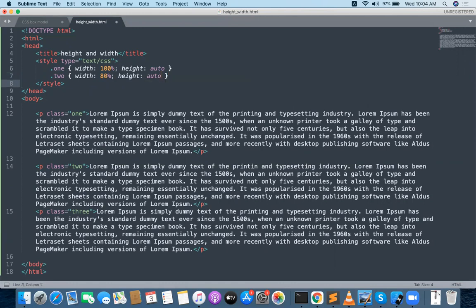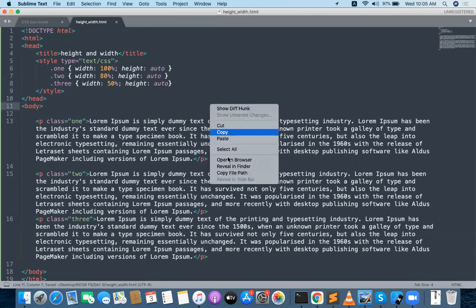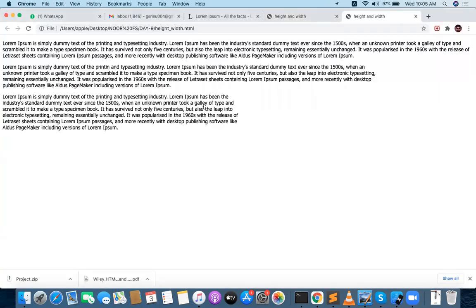The third paragraph, .3: width is 50%, height is auto again. So I want to mention width and height for all the paragraphs here. Let me see that. The first paragraph has some width, the second paragraph has another width, and the third paragraph has yet another width.